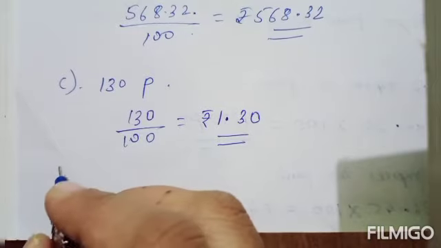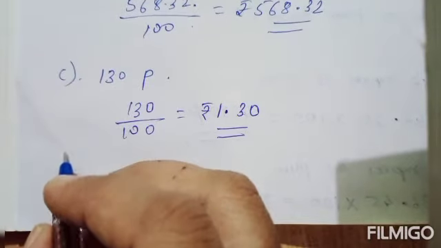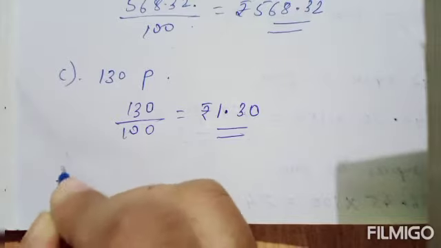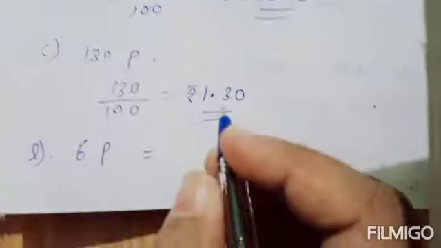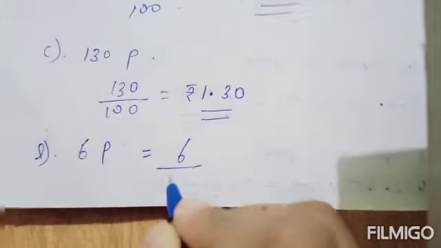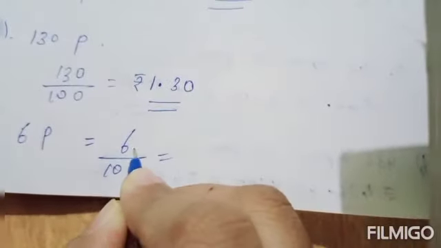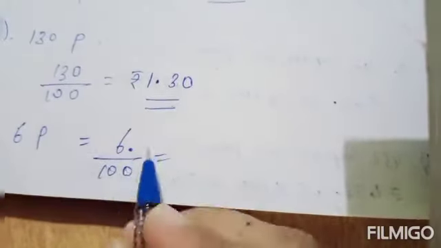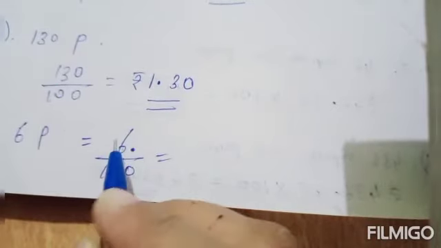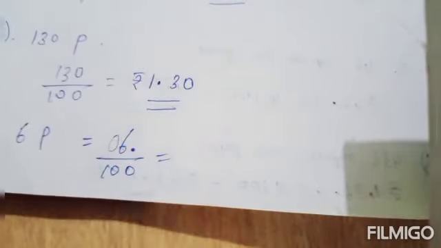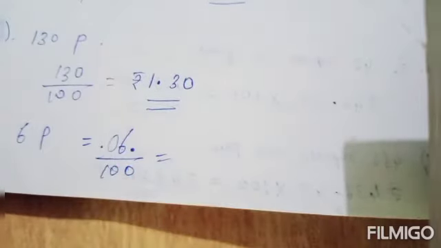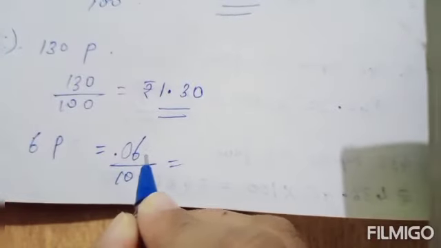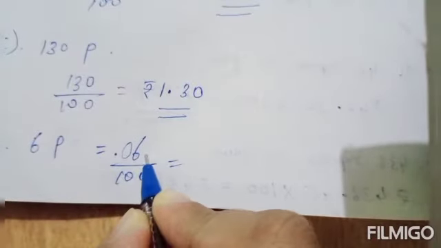Okay. Now in that last one, L, 6 paise. So in order to convert paise to rupees, what to do? Just divide by 100. So 6 by 100, what you will get? Here is the decimal point. This is 1. Second digit you can put 0 there. Then before the 0, decimal point will come. Okay. So decimal point will move 2 places to the left.